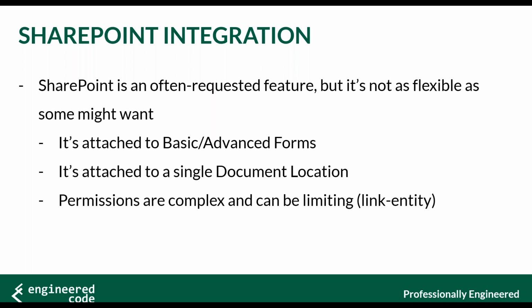So Power Apps Portals is built on that. When you have a record, it will have a document location and it will point to a single folder in SharePoint. The files and folders within that folder are what are shown on your Power Apps portal. So it doesn't do things like, what if you have 2 document locations associated with your record? Well, I think the way the code is written, it will pull the one that was created first, but even that is probably just a result of the way the code was written, and I don't know if it was on purpose. So really the assumption is that when you're working with records and SharePoint, your records will only have a single document location.